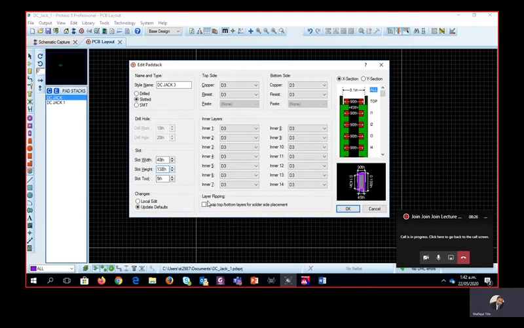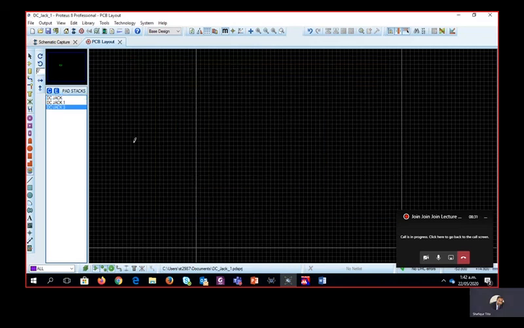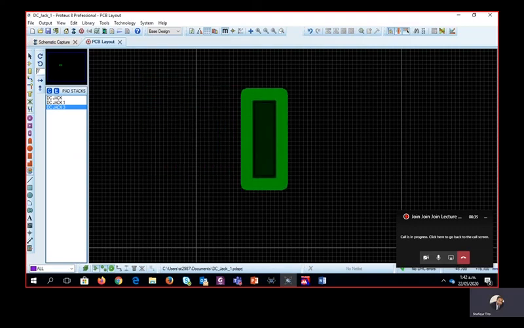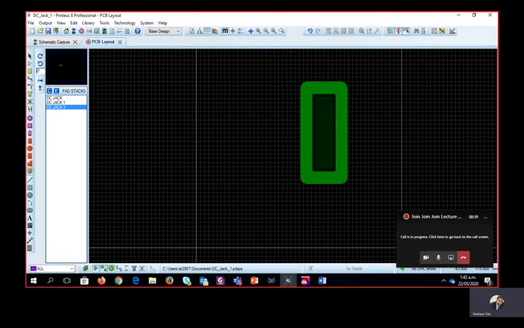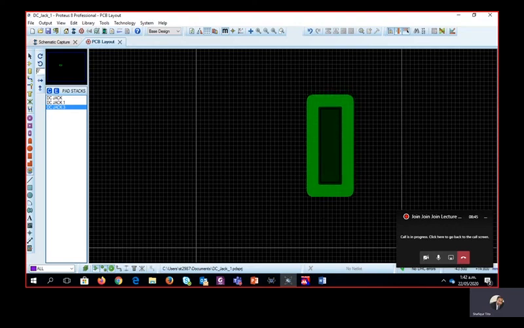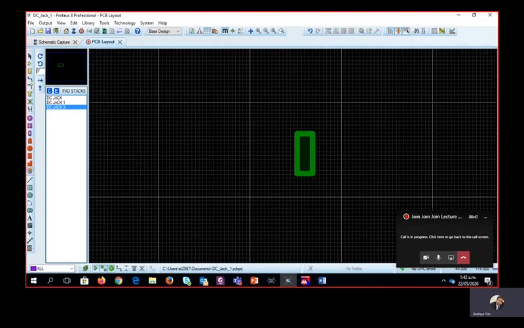And I will keep everything as it is. Okay. And now we are ready to use this one. So the slot looks very good to me. So now it is available. We can place anywhere, and let us place